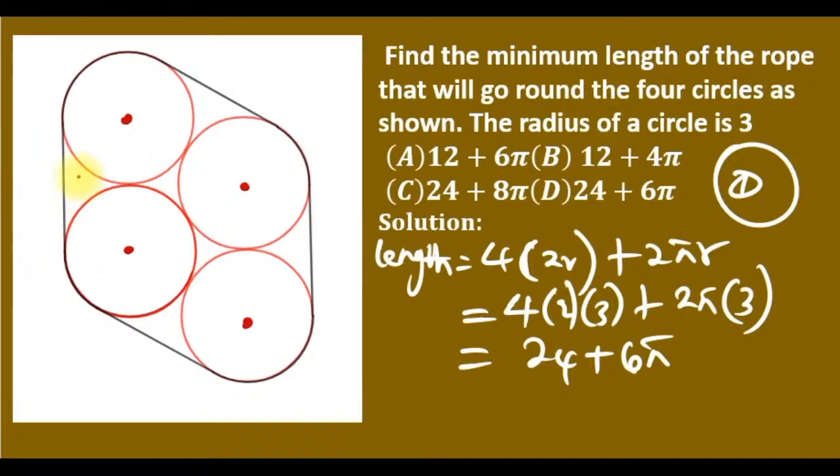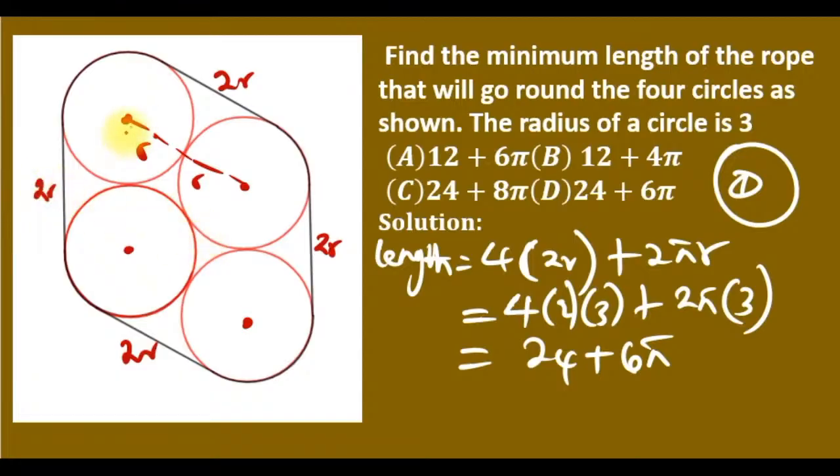If you notice, I counted 1, 2, 3, 4. The length of each is 2r. How did I get the 2r? If you join the centers, you see that this is the radius, so automatically this is 2r. In the same way, they are all 2r